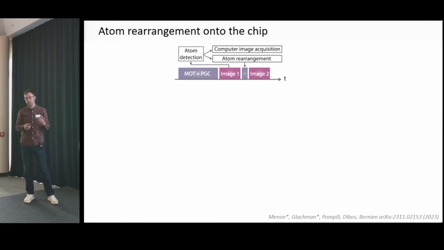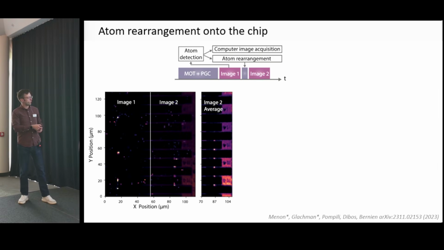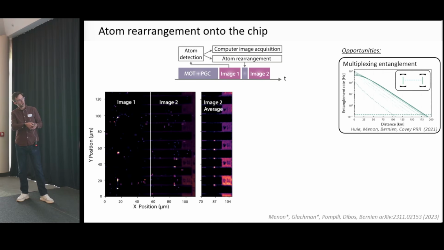Here's another thing that atom arrays typically do. The loading into these optical tweezers is probabilistic, so sometimes you have an atom, sometimes you don't. So what you want to do is take a first image. Okay, here it's a bit noisy, but you see 4 atoms, and then we grab these 4 atoms and put them on these 4 cavities. So this is the atom rearrangement that has propelled the field, but here it is rearrangement on top of the devices. And you could imagine, as you have multiple of these optical interfaces, you could use that to speed up your entanglement rates between the nodes, by trying entanglement in parallel and multiplexing, basically giving you an n boost, where n is the number of atoms.